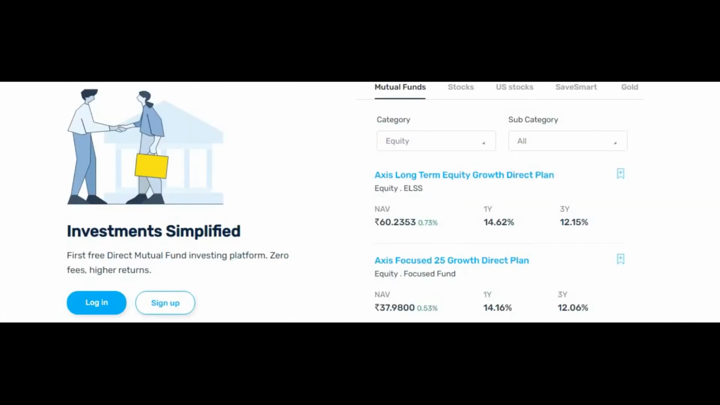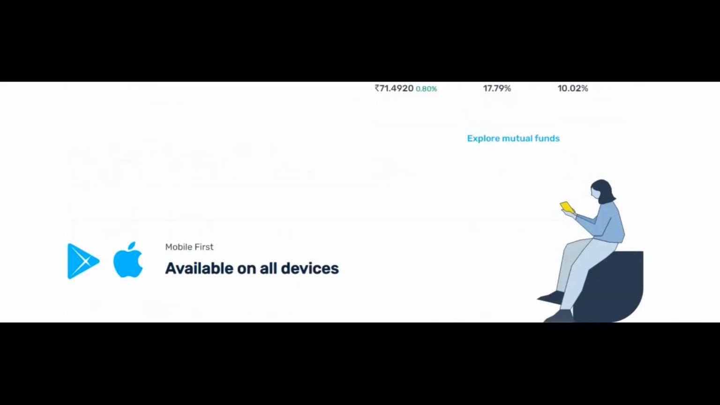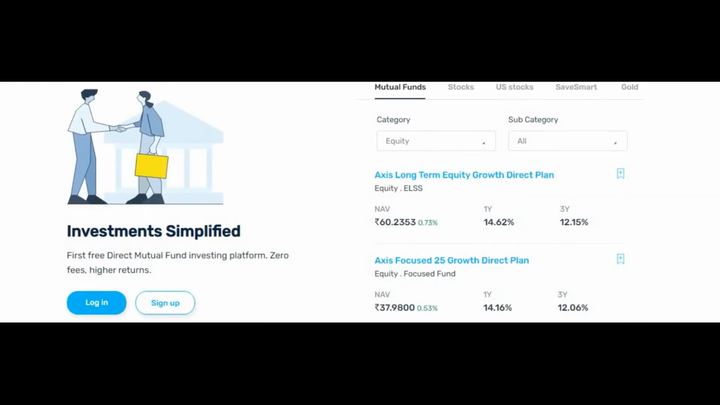So we all know one thing, that you are going to invest. There are so many online brokers, so many online agents. But I'm following two apps here, I'm buying through mobile apps. One mobile app name is Kuvera and the other mobile app name is Upstox. So it is the